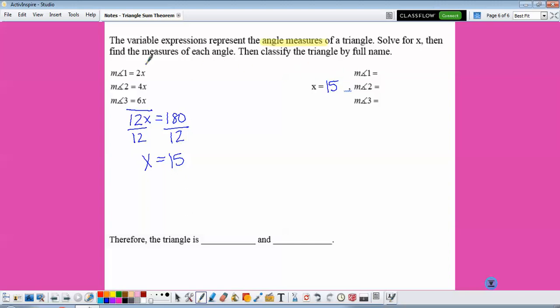So if we want to find the measure of each angle, measure of angle 1 would be 2 times 15. Measure of angle 2 would be 4 times 15. And the measure of angle 3 would be 6 times 15, which gives us 30, 60, and 90. Since we have this 90-degree angle, we know we can classify it as a right triangle because it has one right angle. Since all the angles are different, we know all the sides will be different, so it is a right and scalene triangle. Go ahead and fill in your summary,